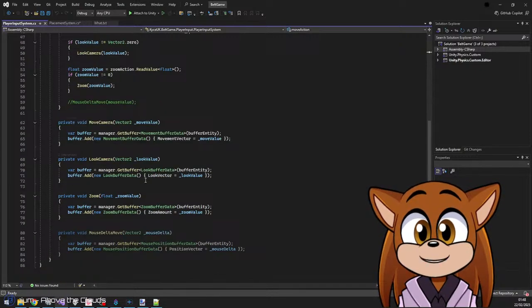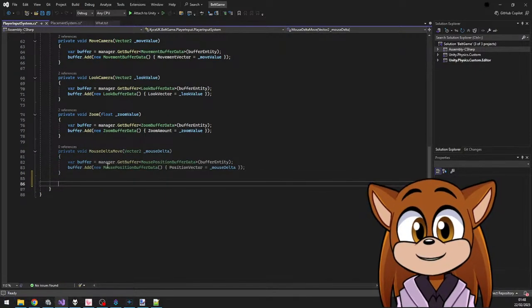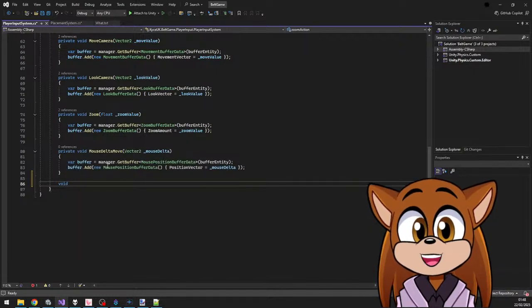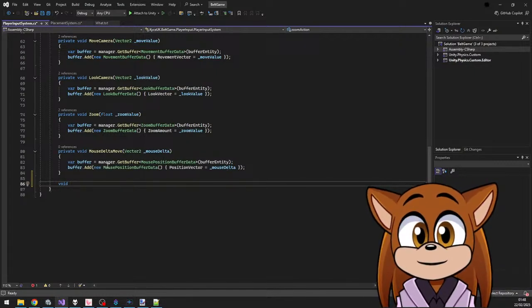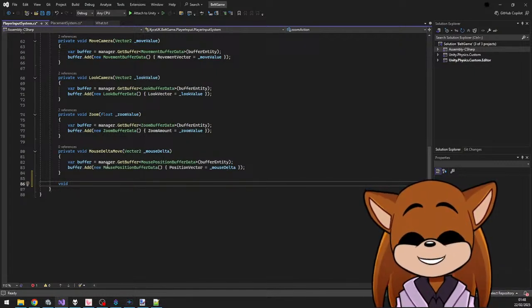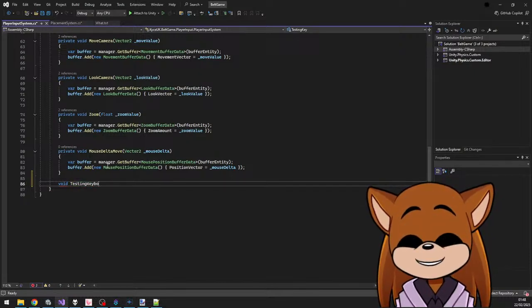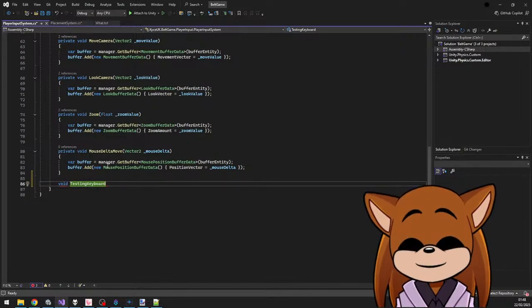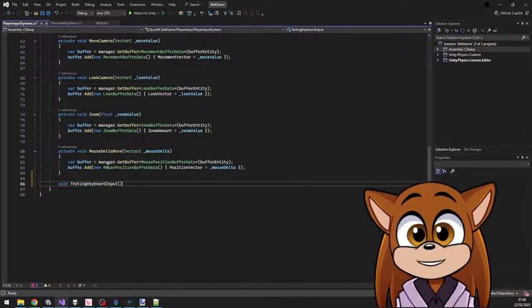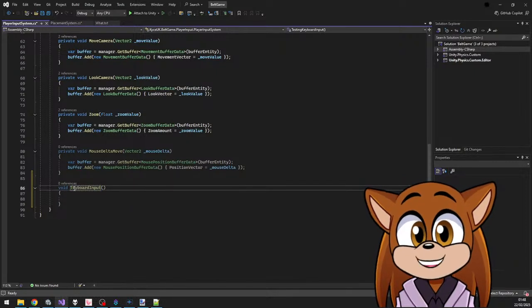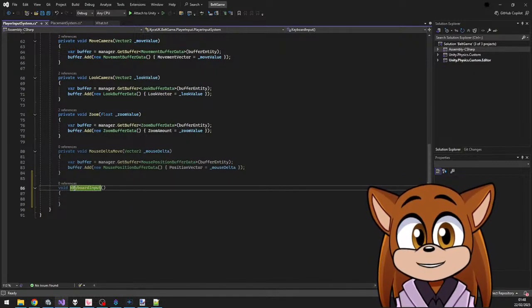Yeah, shall we do that? So let's go down here. Void testing the keyboard input. Let's go actually keyboard input